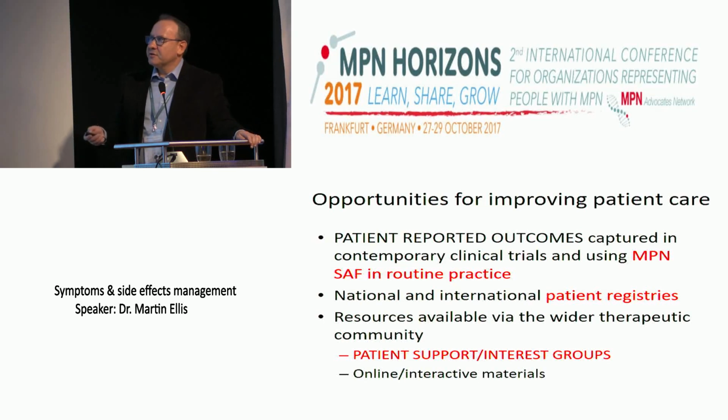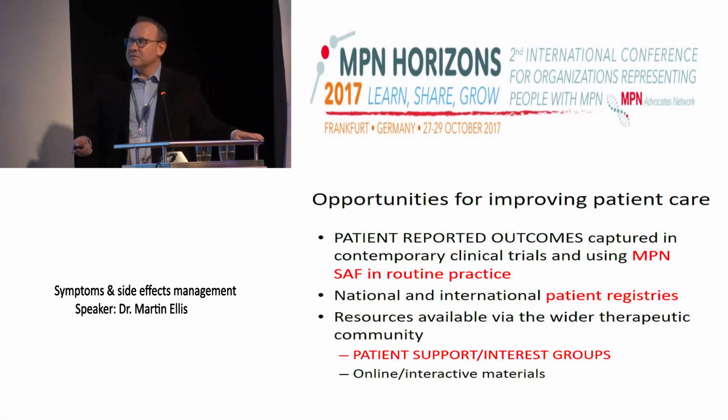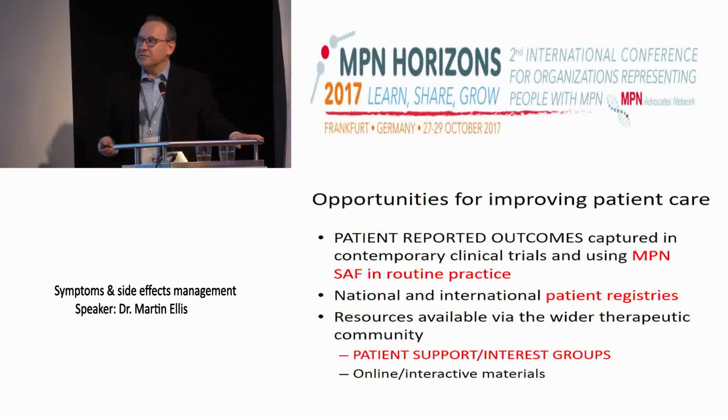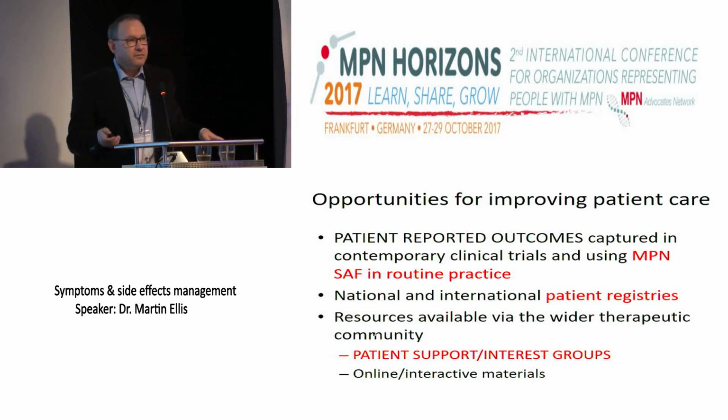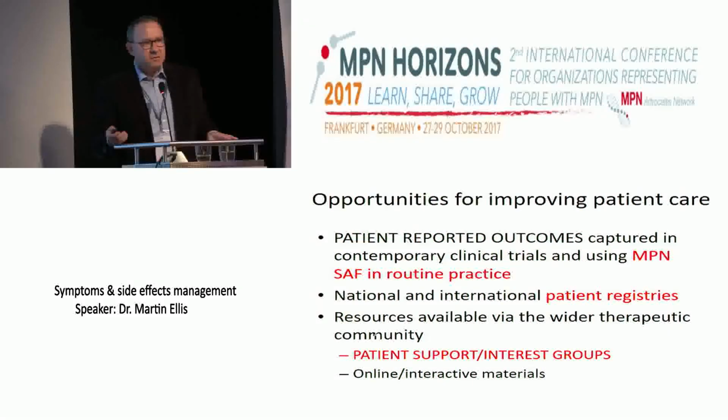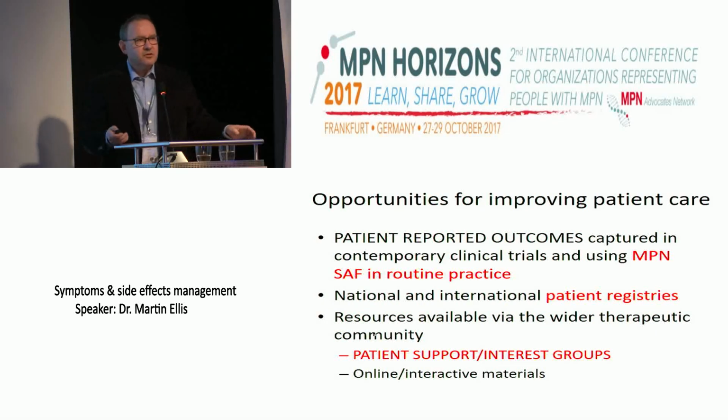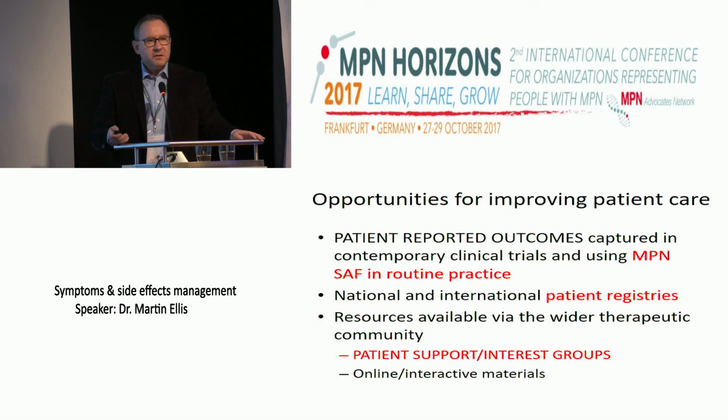I'm a big fan of patient registries, and we just started ours the second half of 2017. There are a number of national patient registries, and there are some international collaborative efforts that are underway. These collect somewhere in the region of perhaps between 1,000 and 2,000 of each of the MPNs. We said this morning how rare these diseases are, and we mentioned it again this afternoon. And this is a fantastic repository of data that can be accumulated, and we can learn a lot about patients, about what happens to them, both clinically, biologically, and also